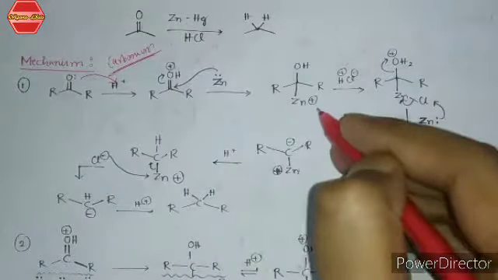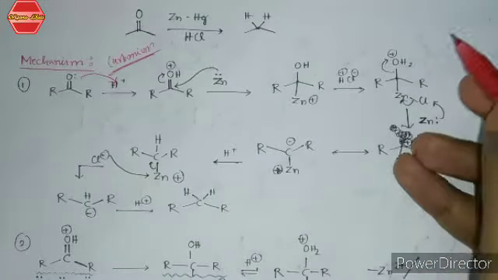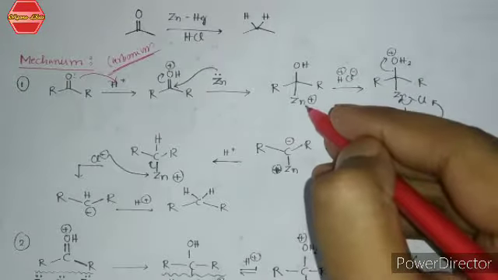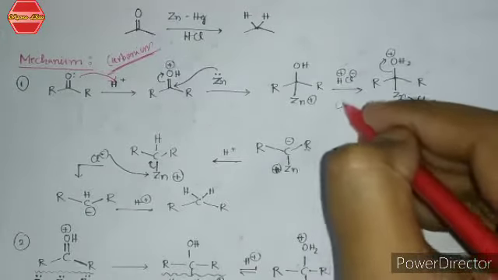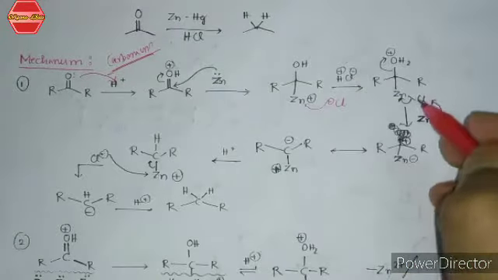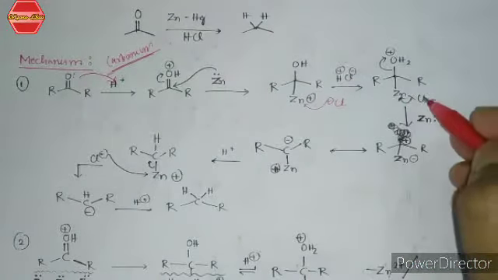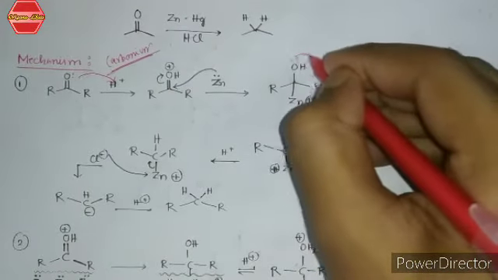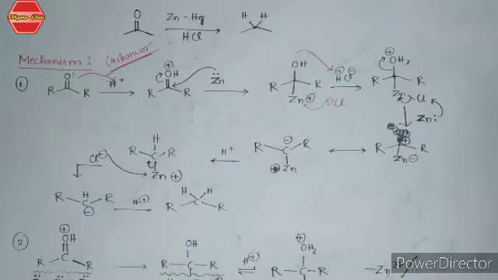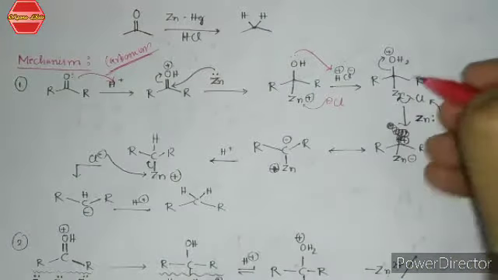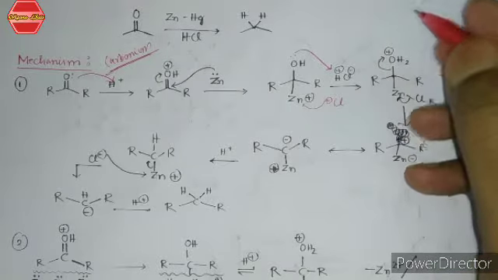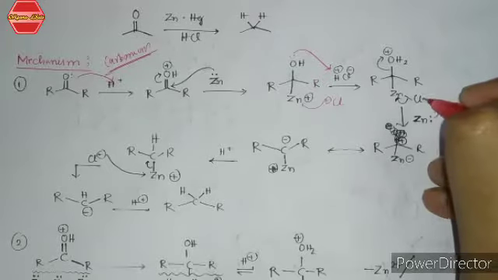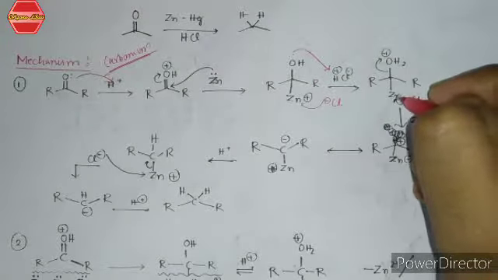Now this is your OH and this is your Zn in positive condition. Now when we use an acid like HCl, this Cl has a tendency to coordinate with zinc. Now this center is neutralized and this Cl is coordinated with zinc, and this oxygen has a lone pair which takes a proton from the HCl medium. Now this is OH2 plus, and this OH2 plus leaves from the system as water, and this zinc has a free electron. It will attack over the Cl center, and these bonds go back to the zinc atom.